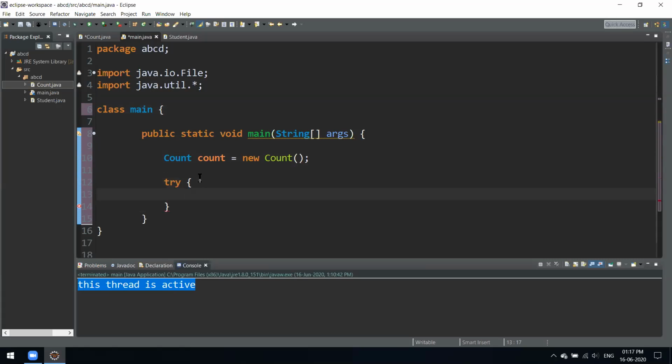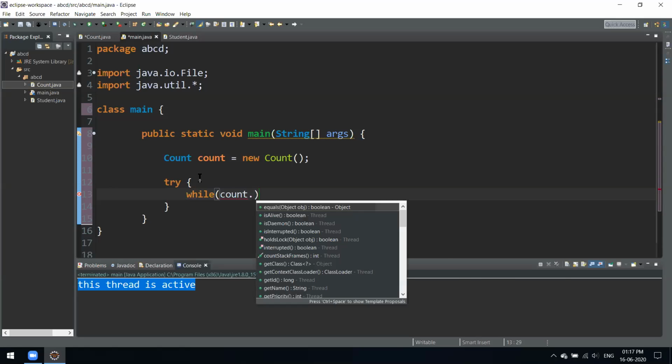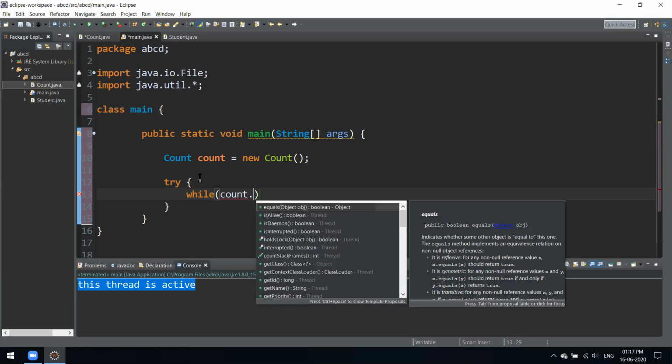In the try, we'll have a while loop. You can have any loop. Now here we have all these methods: isInterrupted, isDaemon, holdsLock, interrupted, isDestroyed, resume. We have all these methods.